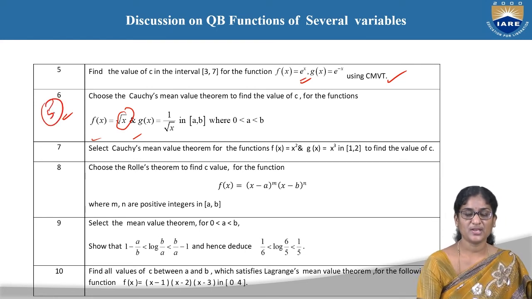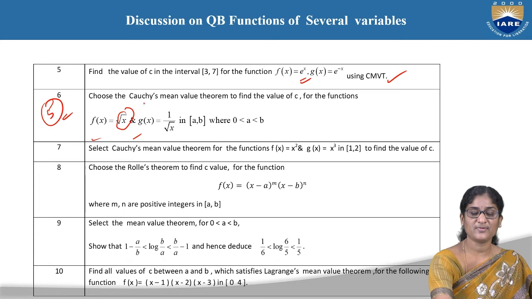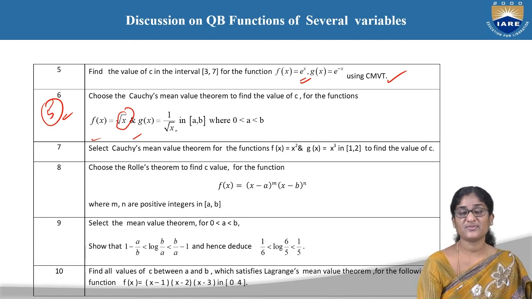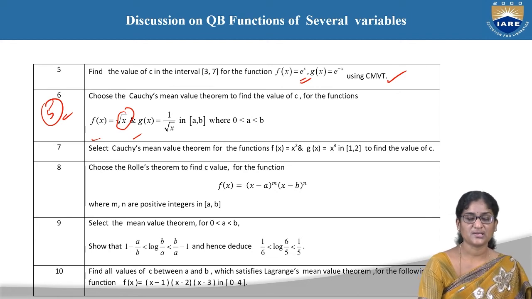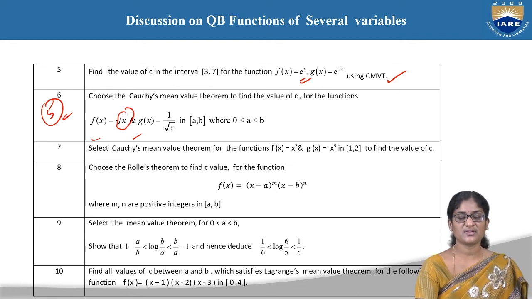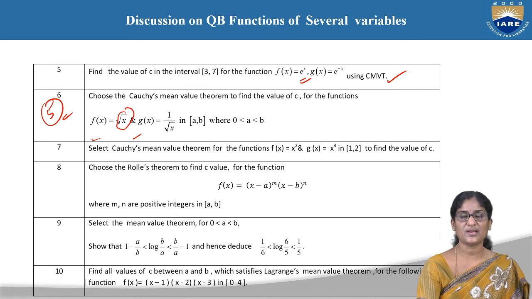Okay, that means we need to show that f and g are continuous, that f dash and g dash values exist, and we have to assume that g dash of x is not equal to 0 and apply the Cauchy's mean value theorem. Next, seventh question. Select Cauchy's mean value theorem for f of x is equal to x square and